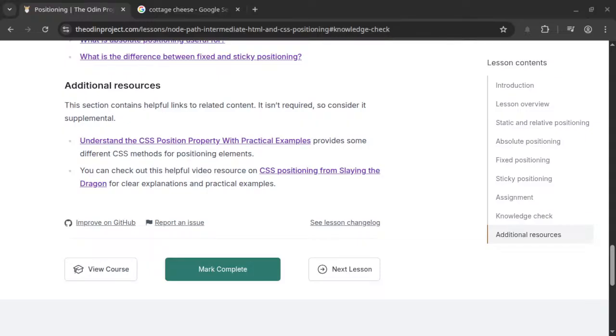On the other hand, if I set item 1 to have a position of relative, we see again nothing happens, but unlike the static position, relative has access to the top, right, bottom, left, and z-index properties. If I give it a top property of 0 pixels, it doesn't move. However, if I set it to 100 pixels, we see it pushed it 100 pixels away from the top. If I give it a left property of 100 pixels, we see now it pushed it 100 pixels away from